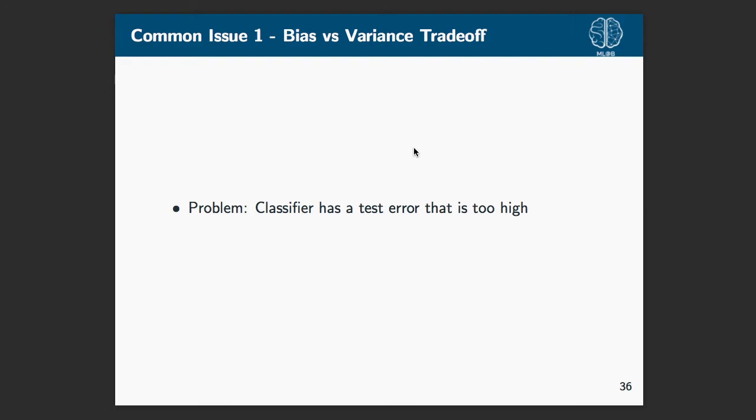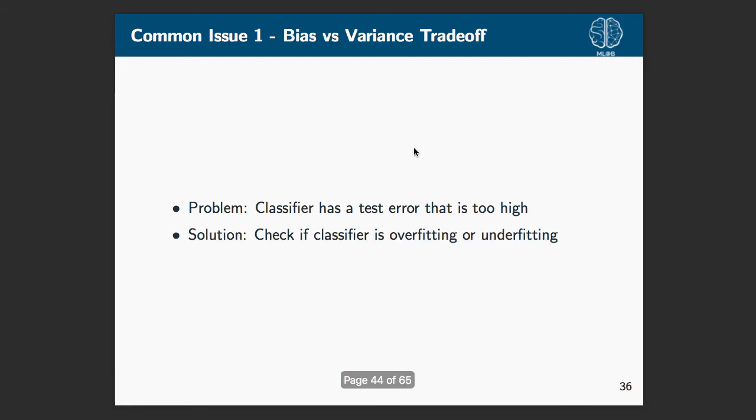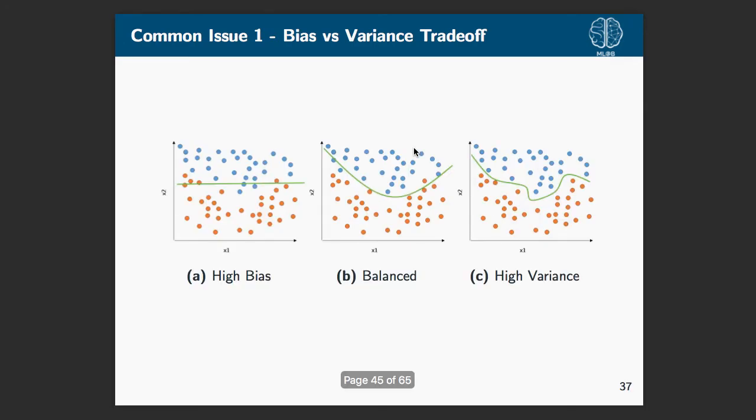So if you have a classifier that has a test error that's too high, but the training error is pretty low, so it's accurately classifying the training set but not the test set, you should check basically is the classifier overfitting or underfitting. And then